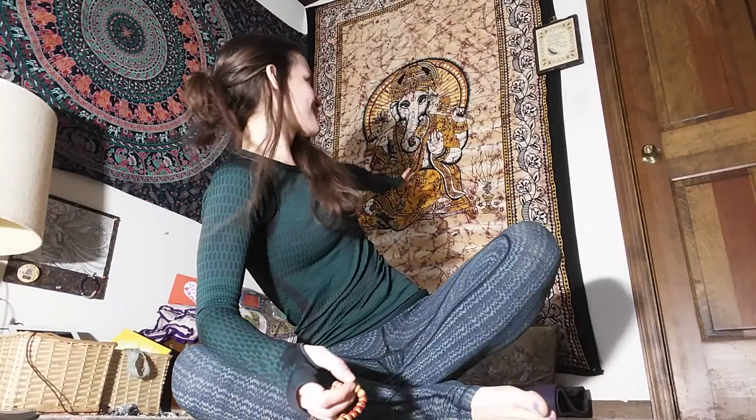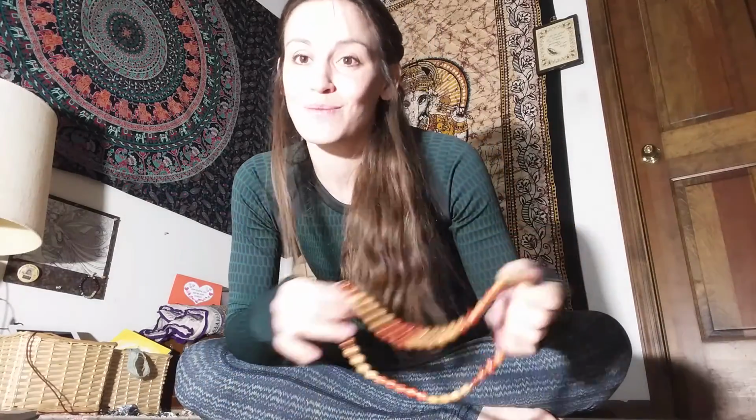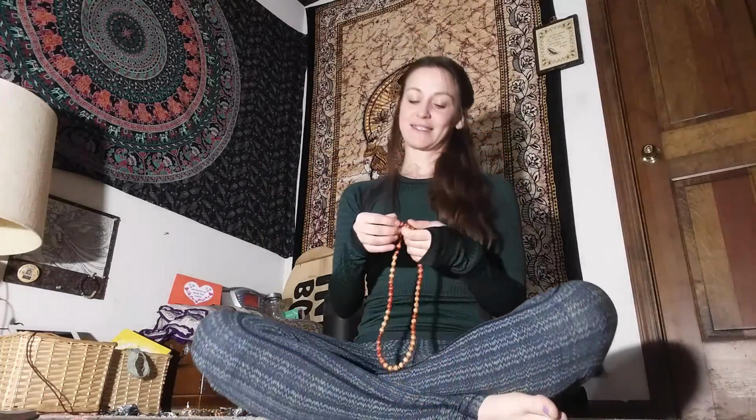Now, that's not to say that I don't change mantras. Wonderful Ganesh behind me, the remover of obstacles. Sometimes I build up and realize that I'm just frustrated and there's so much going on and I'm seeing so much around me as obstacles instead of experiences and lessons. When I get there, I use Ganesh's mantra, Om Gam Ganapataye Namaha. That's one that helps remove obstacles from my life and get back to embracing my Soham, my present moment. But we use these malas because they allow you to go through and recite this mantra